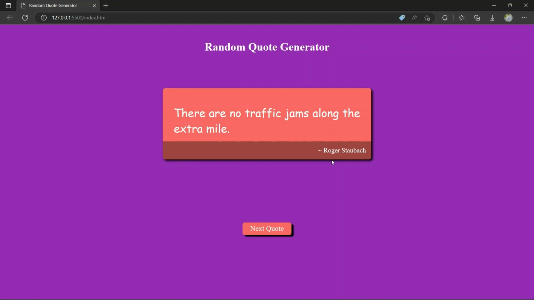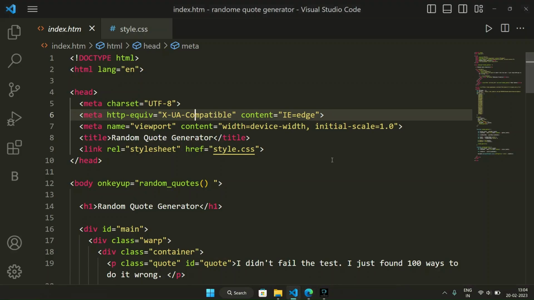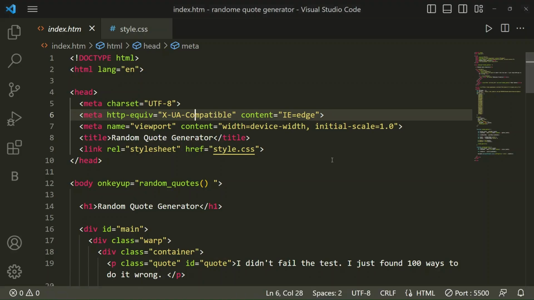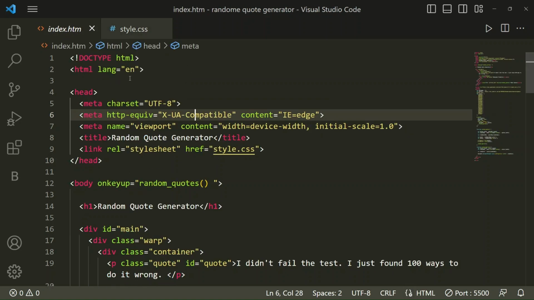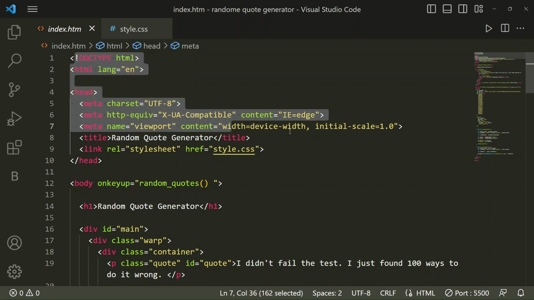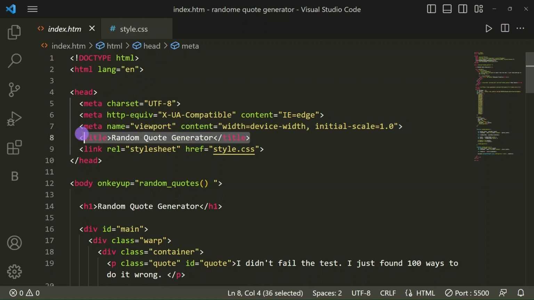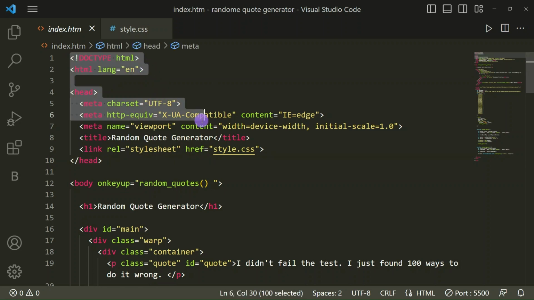So come to our VS Code. Here we are using the VS Code editor because it's free to use and it's very useful for coders. Here I have made my HTML file and then CSS file. In my HTML file I have taken the basic structure of HTML, and in this we have taken random code generator. So how to generate this randomly?